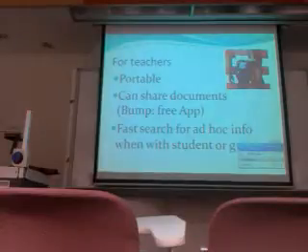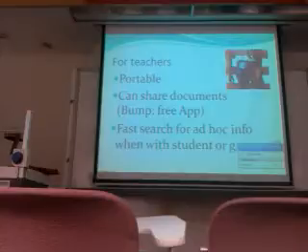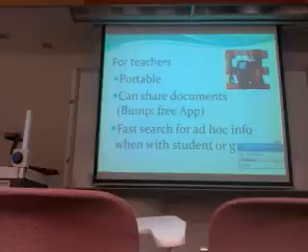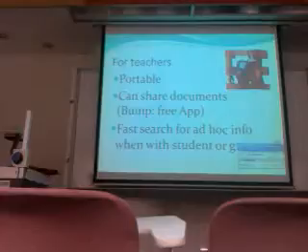You know, there's a couple of rooms in the PolyU where to operate that computer, you have to stand over there by the window, but the screens are over on this side of the class, so you can't see what's going on. If you've got one of these, it doesn't apply anymore. Okay, some things for teachers. These things are very portable. Not as portable as a phone, but much more portable than a notebook, for example.